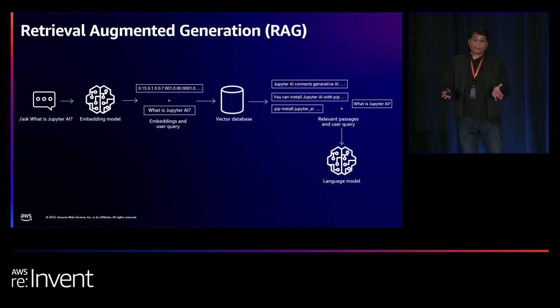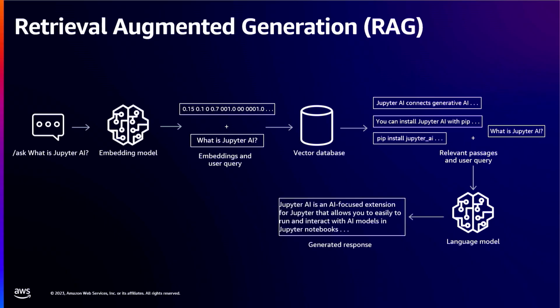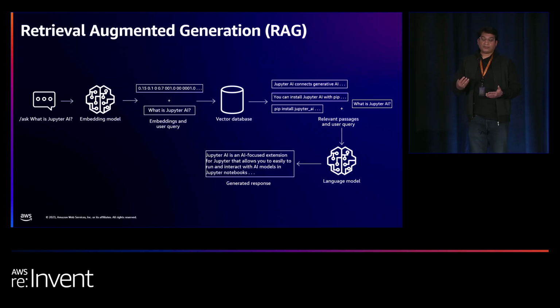Using these two pieces of data, the context of your documents and passages, along with the query, the language model is able to answer your query more accurately than trying to create something it has no knowledge of. Once it gets a response, Jupyter AI sends that response back to the user. Using this technique with learn and ask, you can connect documents, for example tutorials, docs, APIs, and research papers, to the large language model that it has no knowledge of,